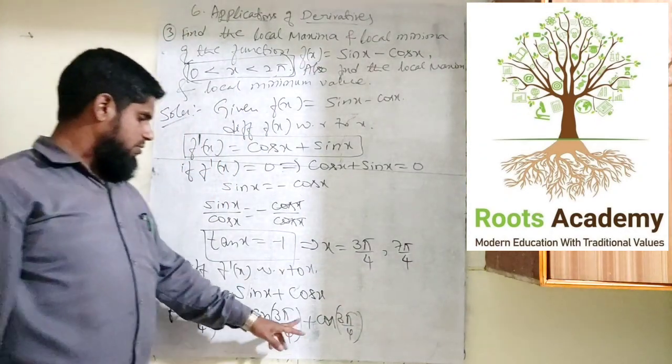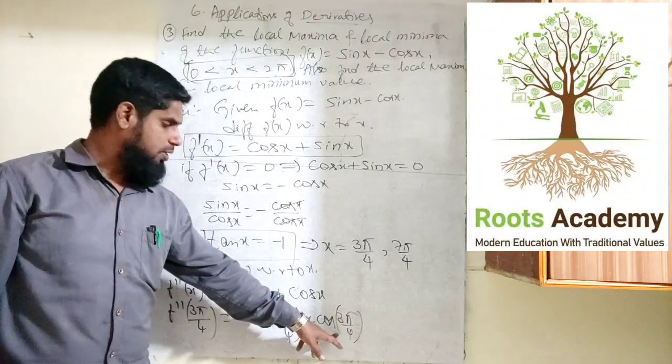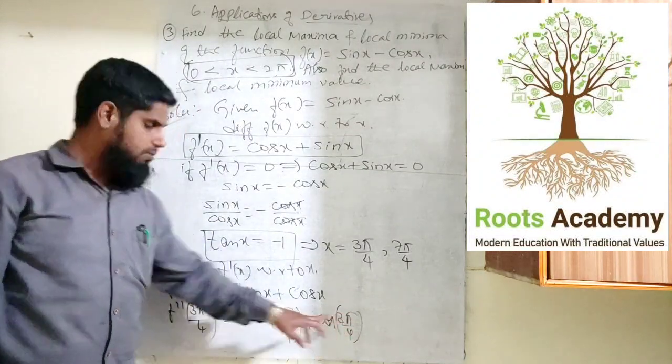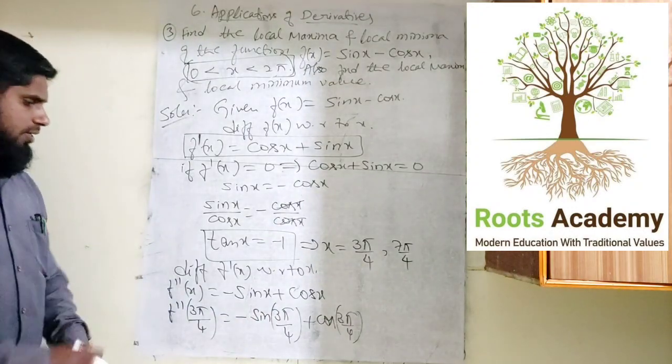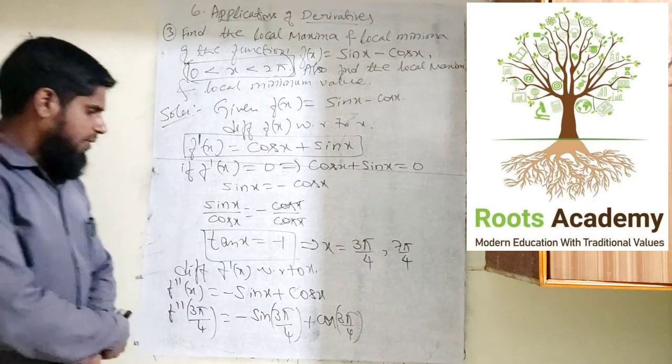Cos is negative at this particular angle, and sin is positive, but already one negative exists here. So 3 pi by 4 can be written as